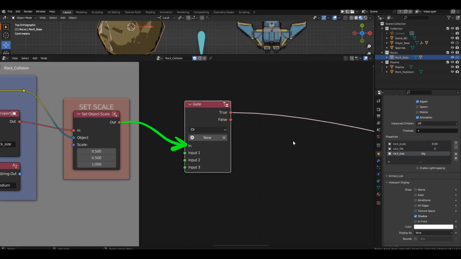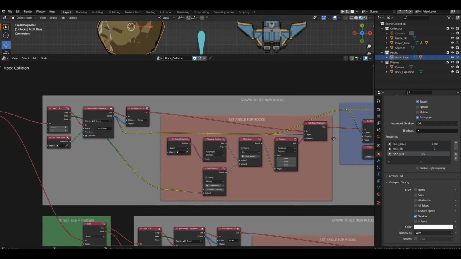However, we don't connect them from the last block in the event, because that's the end of one iteration, and there will be 3 in our loop. If we connect the destruction of the main asteroid from here, it means we will delete it 3 times in a row. We need to delete it after the loop is finished.